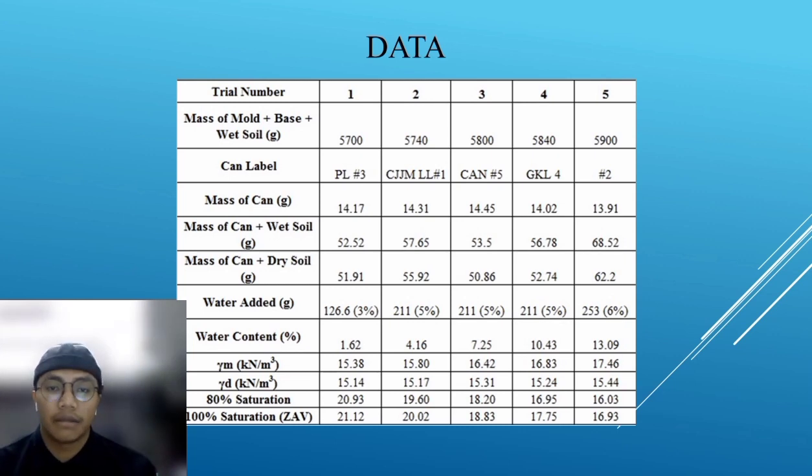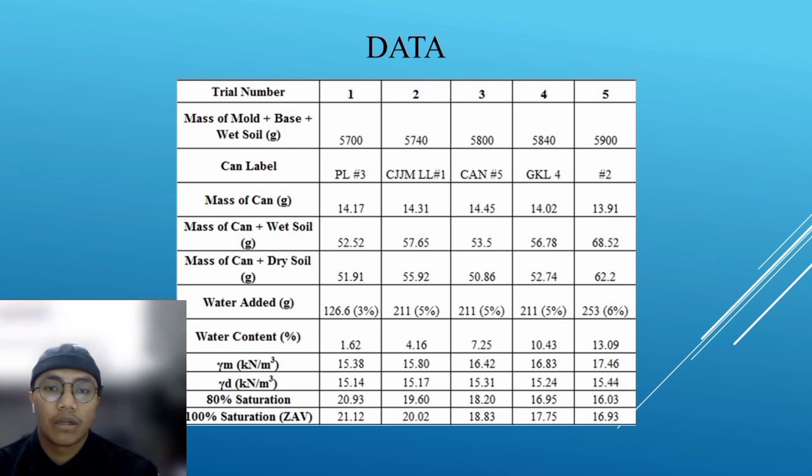Mass of can: 14.17 for number 1, 14.31 for number 2, and 14.45 for number 3, 14.02 for number 4, and number 5, 13.91. So mass of can plus wet soil: